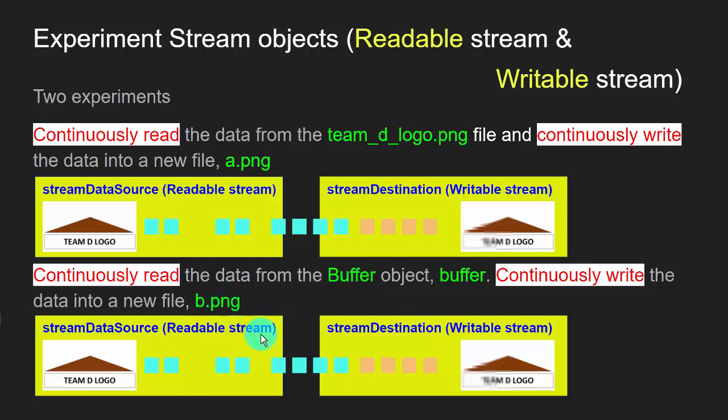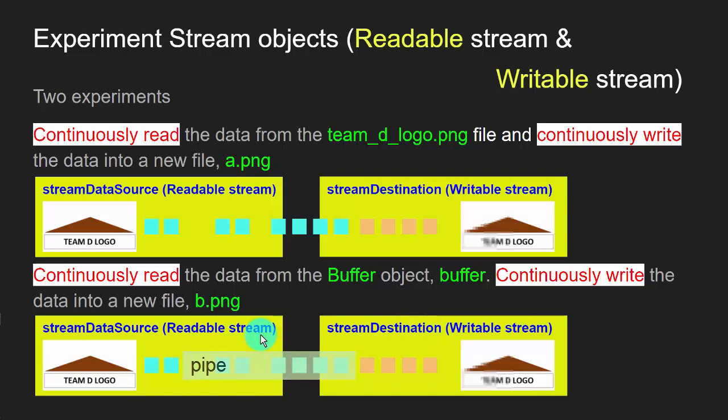This time, this readable type stream object shall use the buffer object variable which holds digital data content. It shall use this buffer variable as the source. Then you will create the writable type stream object which will know that it needs to continuously write any transmitted data that it has received into another computer file, b.png. After creating the readable type stream object and the writable type stream object, you shall call the popular pipe method